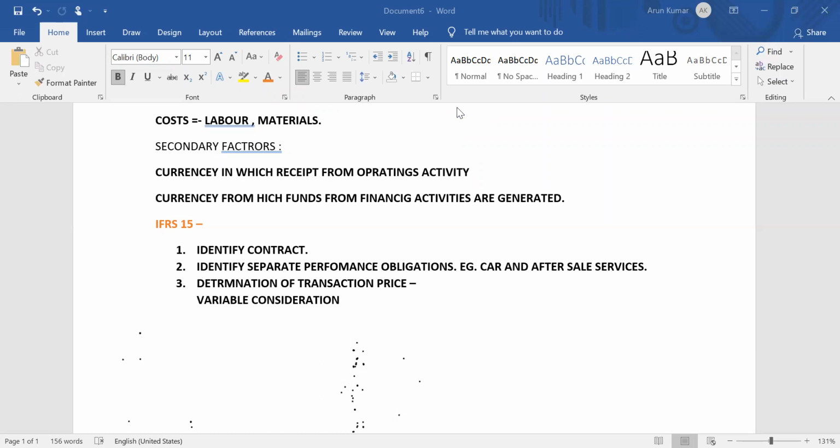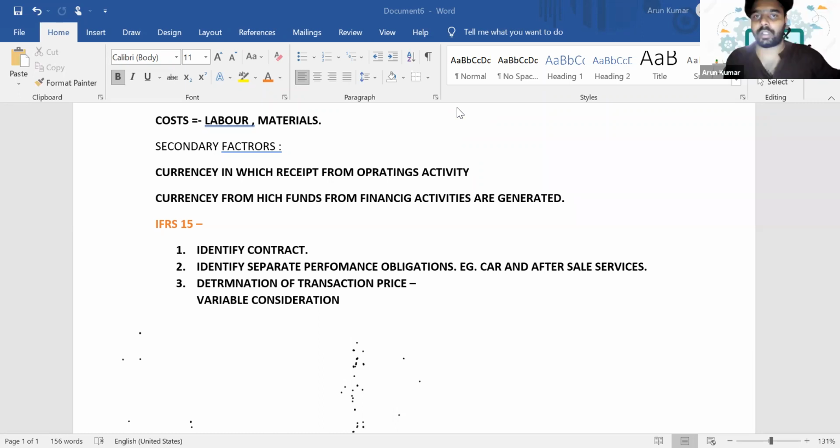So variable consideration means we are not sure about that consideration. There is some contingency related to it. So we need to consider the probability, the percentage of revenue that we are almost sure of. This much percentage is sure, but for the other 10% we are unsure whether we need to recognize revenue or not. In that scenario, we consider the probability of receiving the consideration, and only on that basis can we recognize the revenue. So we need to consider variable consideration when we determine the transaction price. In the same way, if there are any discounts that you offer, you need to deduct them.